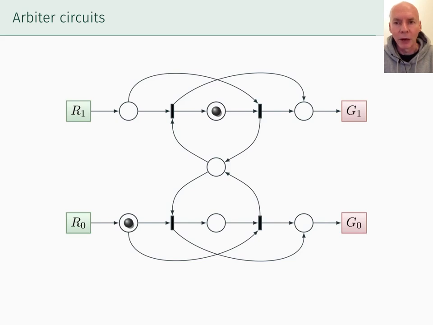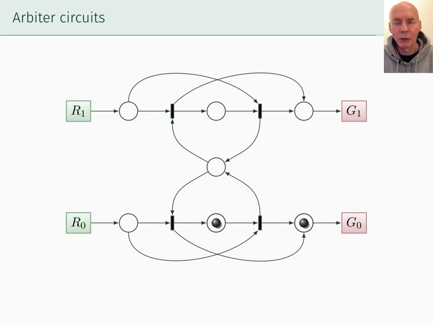Suppose it happens now. The transition R1 fires, marking the place next to it, which enables this transition along the top to fire. It does so, putting a token back into the middle place and also putting one next to G1. G1 can fire, indicating that the terminal labeled G1 has gone low, and progress can now resume with the other request. So the other transition along the bottom now fires, marking these two places along the bottom,